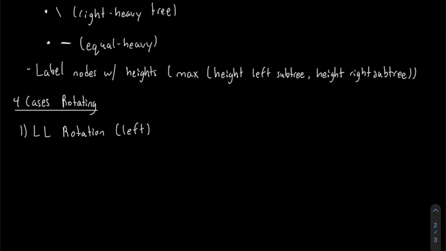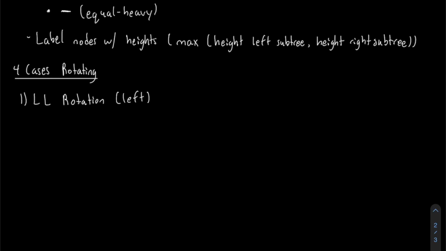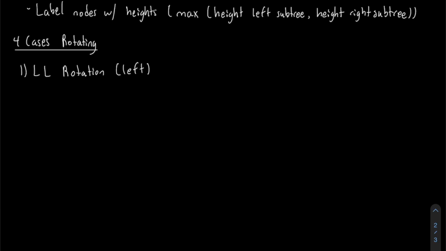So this is when you end up rotating the tree to the right because of the way that it's skewed to the... sorry, you rotate the tree to the left because it's skewed to the right. So typically what I tell students is that you kind of want to rotate in the opposite direction. So imagine we had a tree with A and it has a right child of B, which has a right